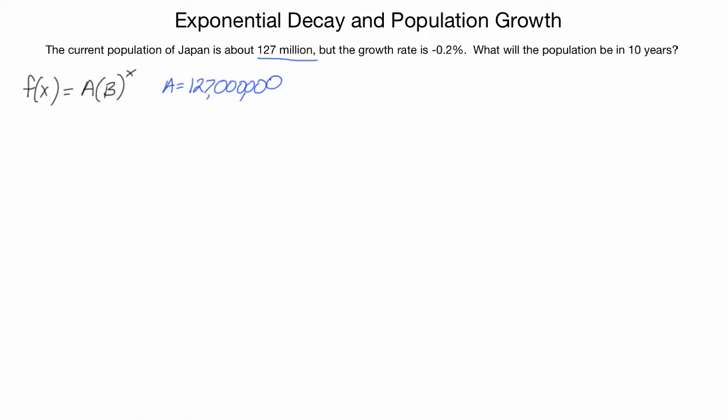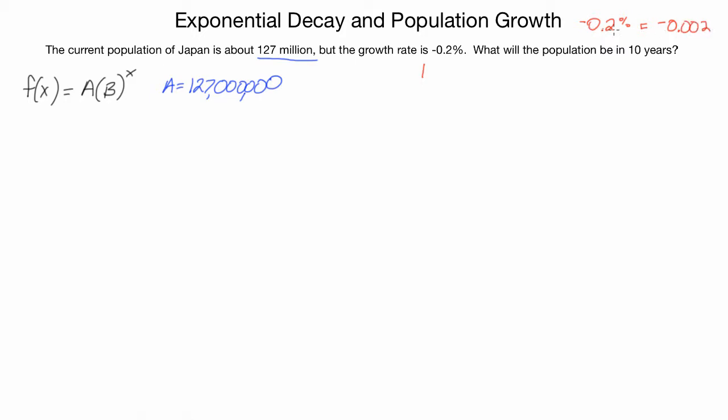So when I'm given my growth rate is negative 0.2%, I can interpret that to mean I'm starting at 1. 1 means I'm multiplying by the same thing and staying the same, but I'm decreasing, and I need to translate negative 0.2%